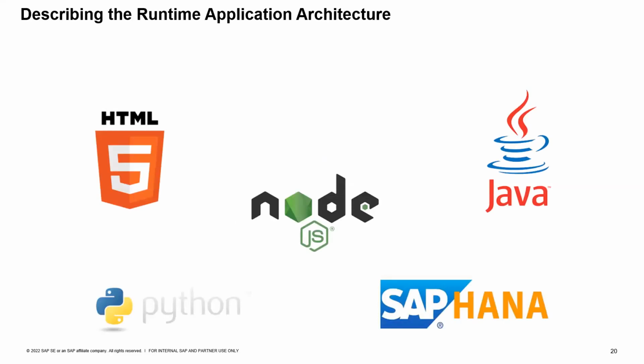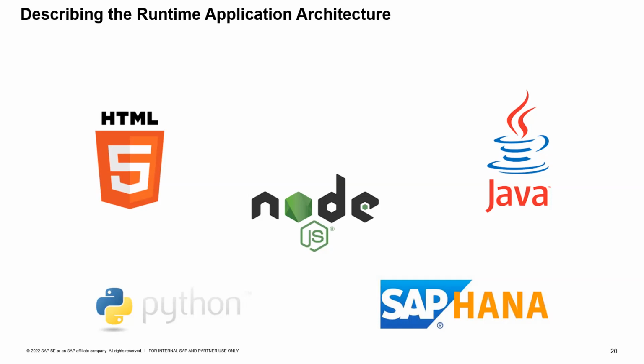Now we'll describe the runtime application architecture. The Cloud Foundry application can be accessed via a URL. The application can provide via the URL various types of content, like a set of HTML5 pages that you can access from a web browser, or a REST service which can be read by a client application. The applications are deployed to the target platform by using the push operation of the platform API. For this reason, in Cloud Foundry parlance, the applications are "pushed" to the platform.